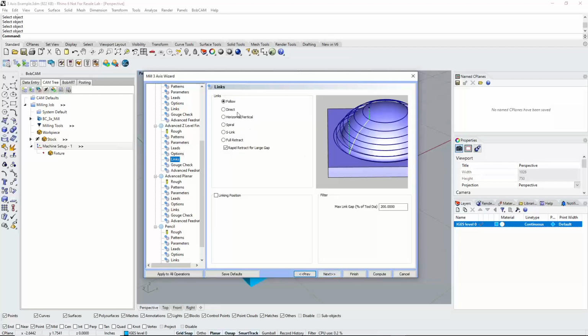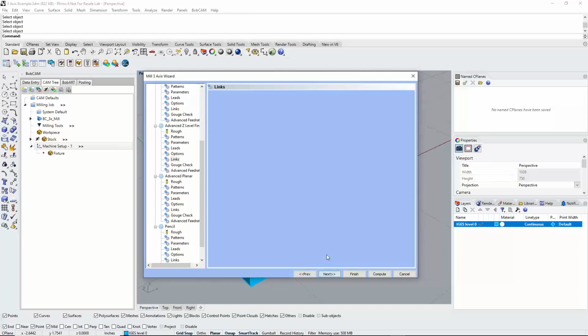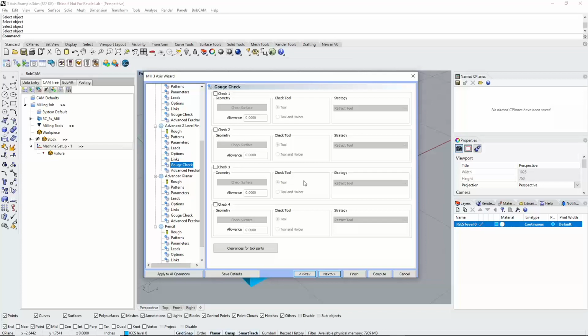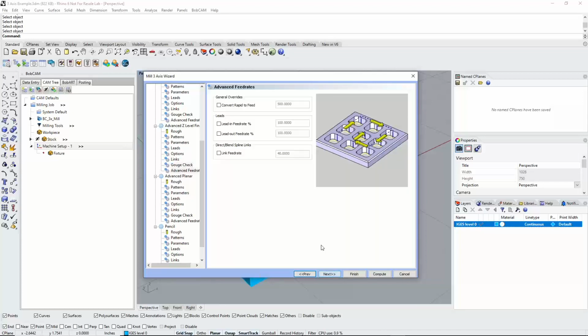Right here, we have our links. Just how do we connect from one pass to the next? We could go follow. We could go direct, horizontal, vertical, spiral, S-link, or a full retract. Right here, we have our gouge check. Again, I have no idea if I'm going to gouge, so I'm not going to assume that I am. So I'll go next. And for the advanced feeds, we can convert our rapids. We could change our lead in and lead out feed rate percentages, and we can actually affect the link feed rate. So then next,